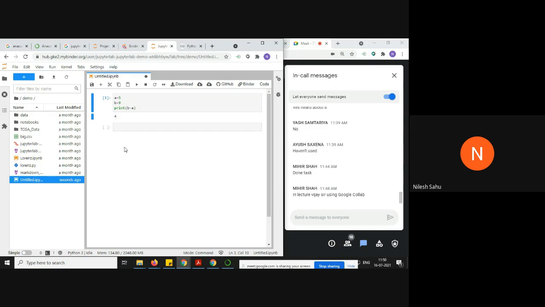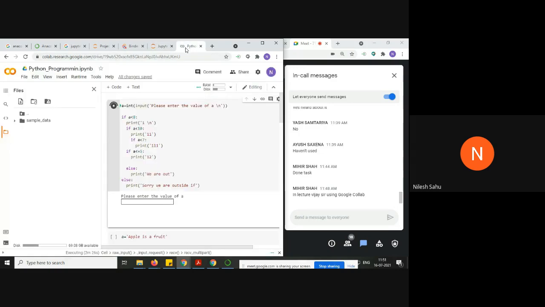Later, if you want to submit your programs for assignments or prepare journals, you can directly upload these files. You will have both the input and the output. So instead of taking screenshots and pasting them in a Word file, you can directly do this task on Google Colab.